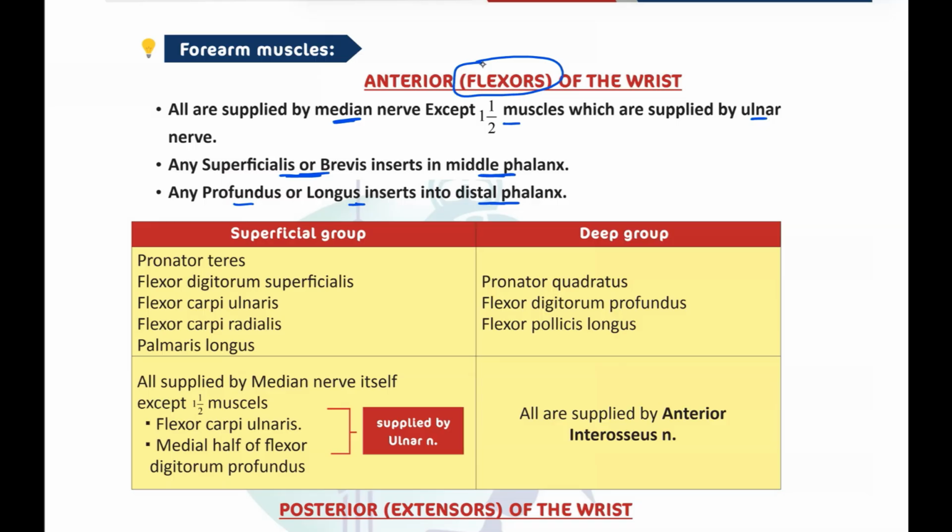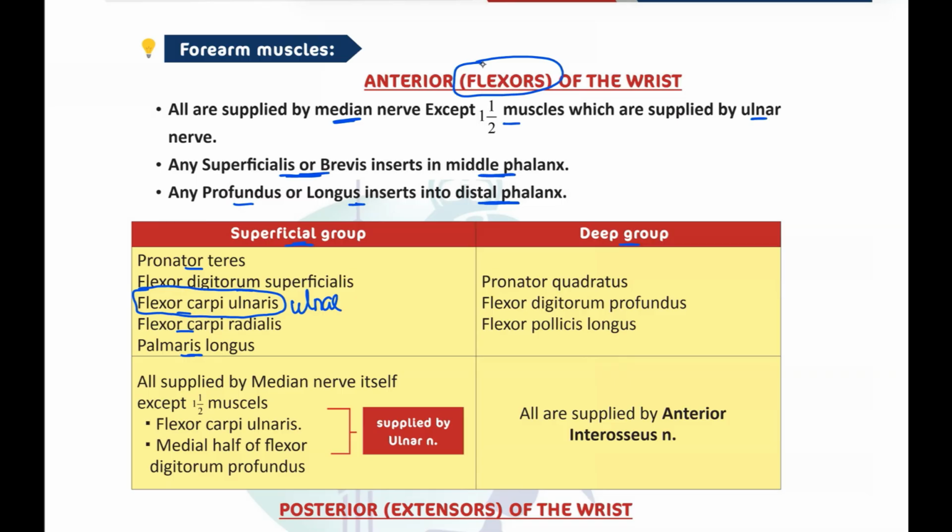So, this is a simple rule to remember. The anterior flexors are further divided into two groups, the superficial group and the deep group. Superficial has the pronator teres, FDS, FCU, FCR, and palmaris longus. Now, out of these muscles, only the flexor carpi ulnaris is supplied by the ulnar nerve, and then we have